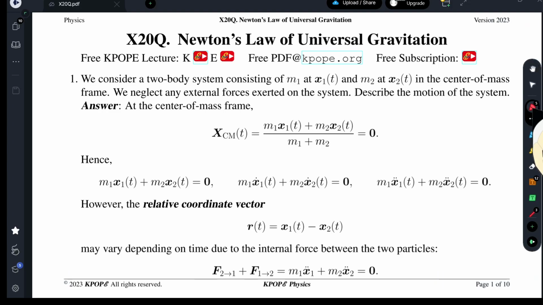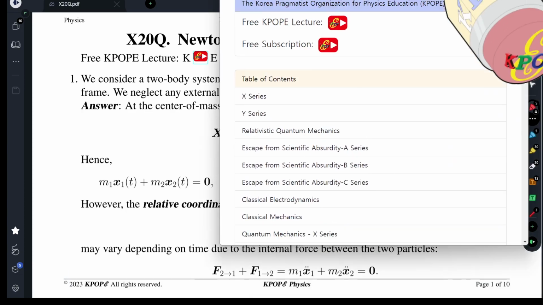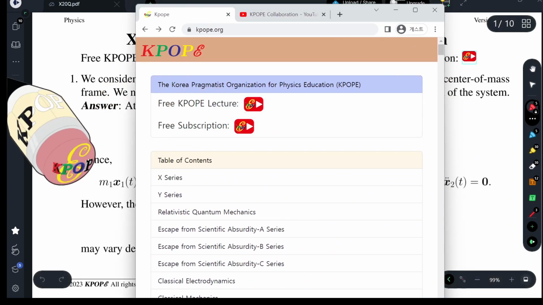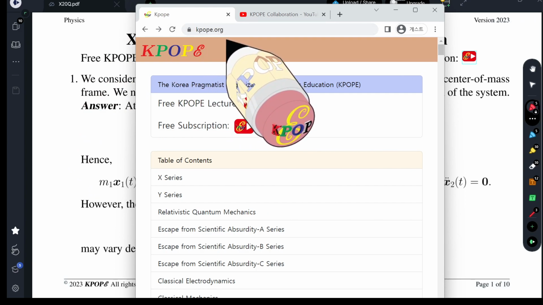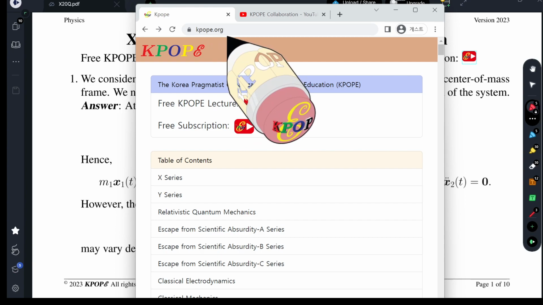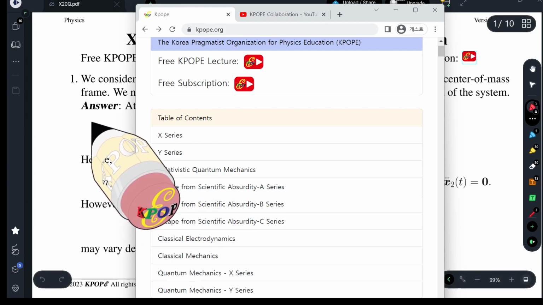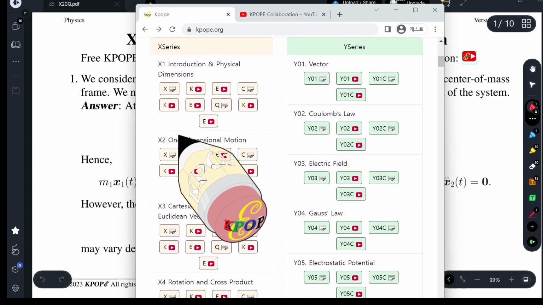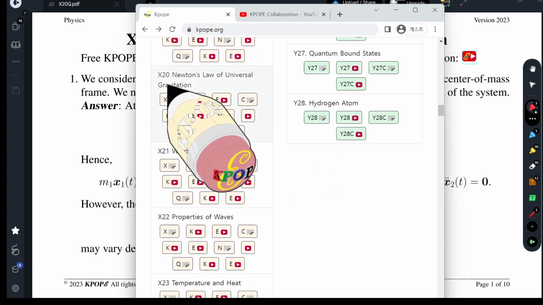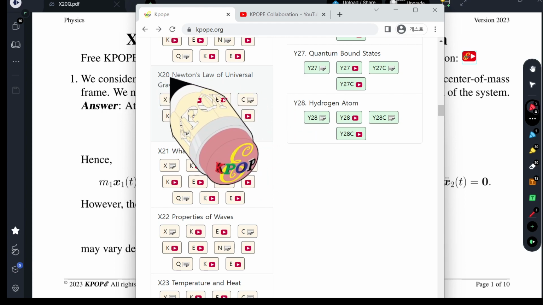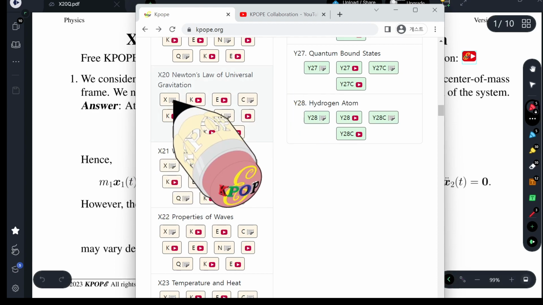Today we study X20Q. You can download this PDF file after visiting the website kpop.org, and you will find the table of contents. This is X series, and then X20. The main textbook for X20, Newton's law of universal gravitation, is contained in X,